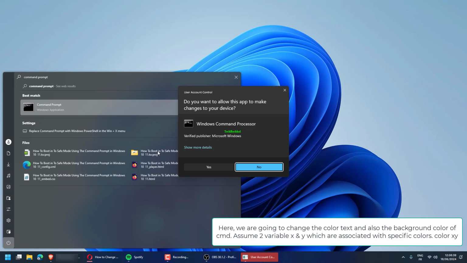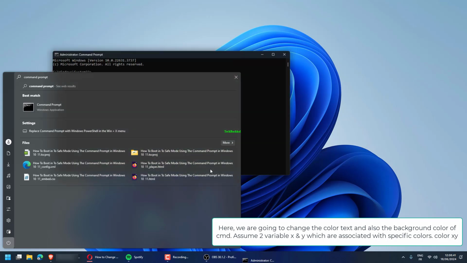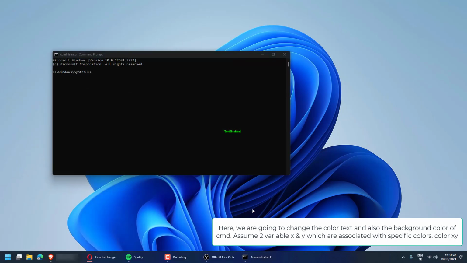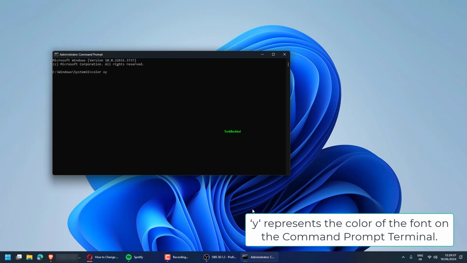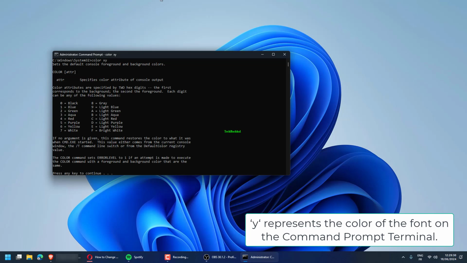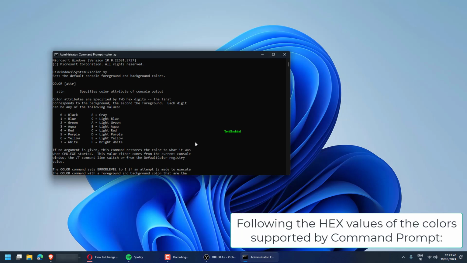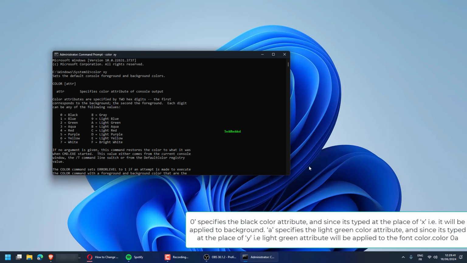Here, we are going to change the text color and also the background color of CMD. Assume two variables, X and Y, which are associated with specific colors. Color XY represents the color of the terminal's background, whereas Y represents the color of the font on the command prompt terminal. Following the hex values of the colors supported by command prompt, 0 specifies the black color attribute,